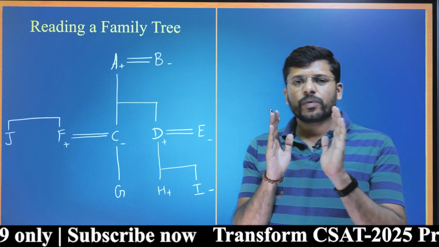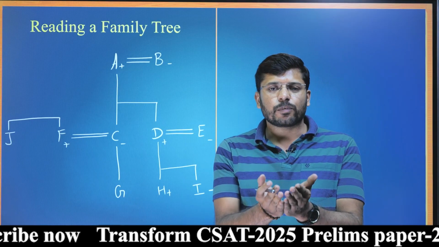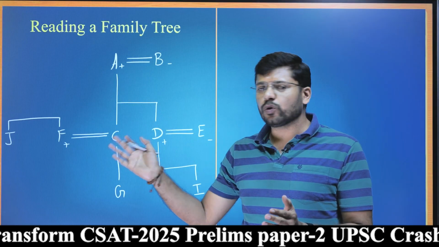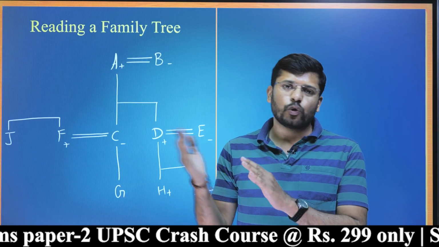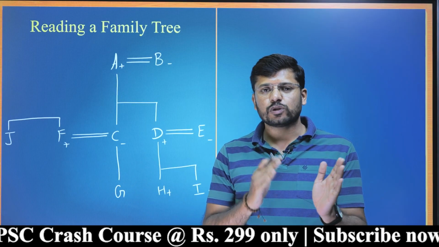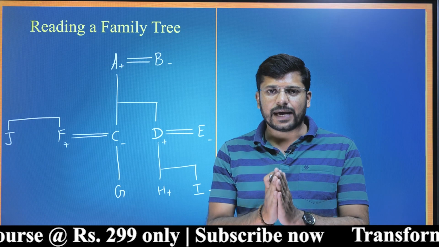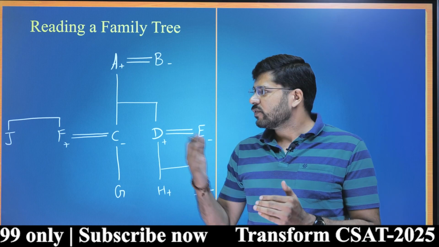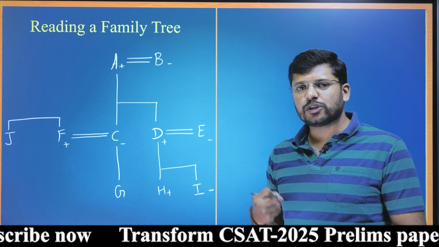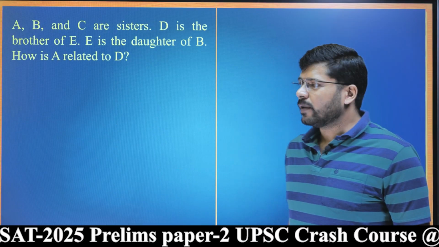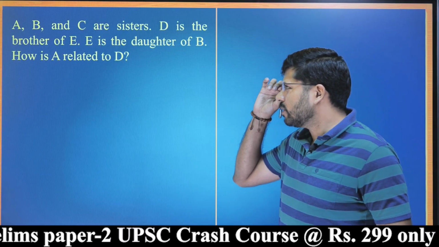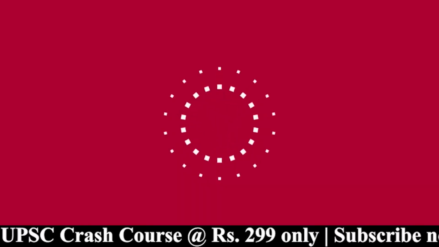Okay. So when they give you some problem, you will be able to write such a tree diagram, a family tree, using the notations that we learnt in the previous page. So based on that, we will write a family tree diagram, and then we should be able to read the diagram, and based on that we will be able to answer the question. Okay, now we are ready to answer the questions. Look at this one. A, B and C